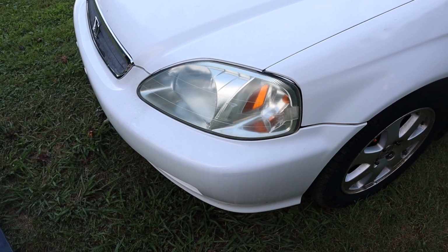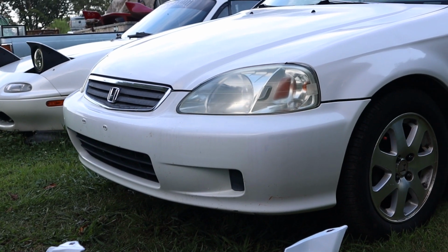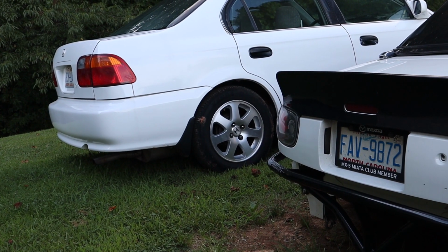Now, I do have some pretty decent plans for this car because it is going to be a daily, so it's not going to be a crazy build, but it is a very plain looking car, and that's because it's bone stock, which is actually super rare to come by for this generation of the Civic. So I'm stoked to have a clean platform to begin with. It needs some wheels, it needs some coilovers,